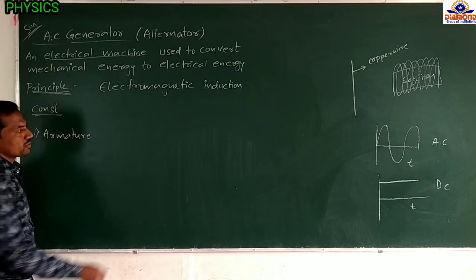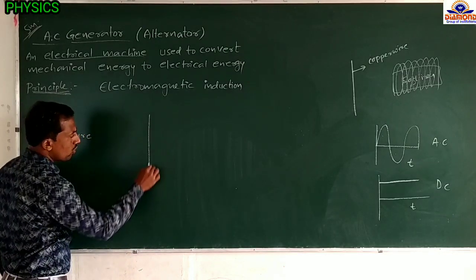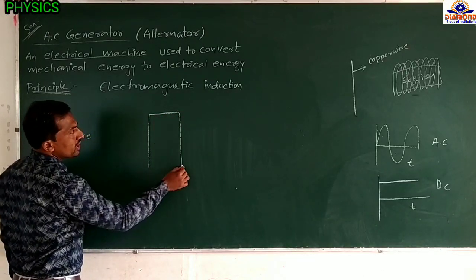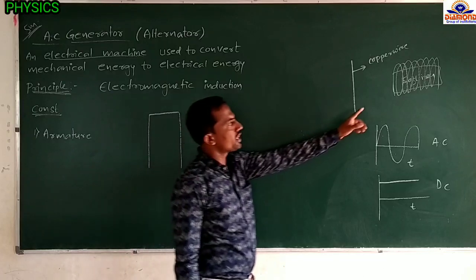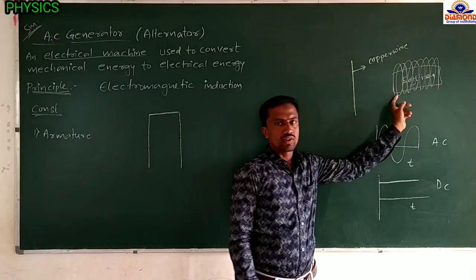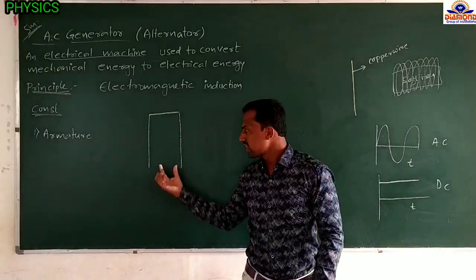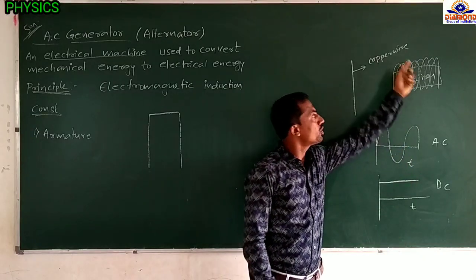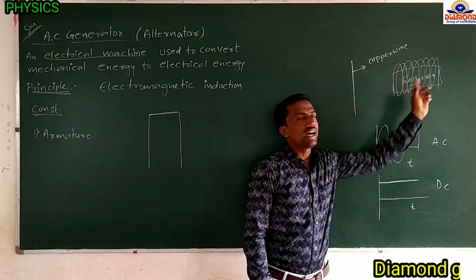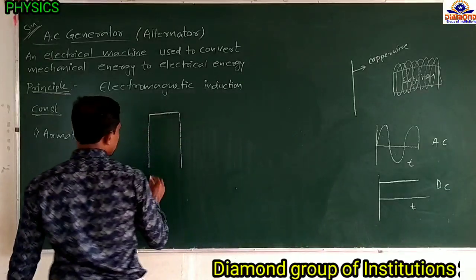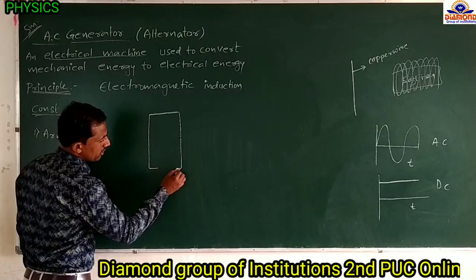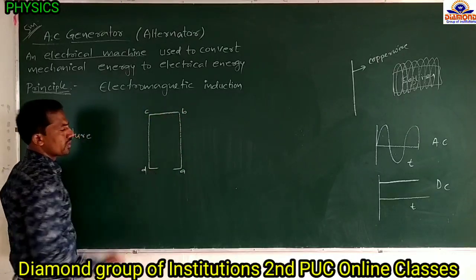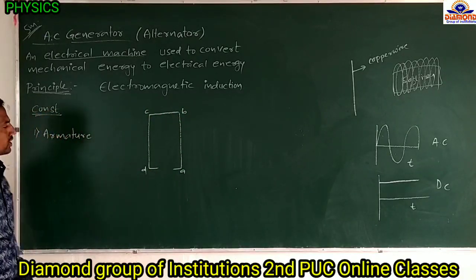What is an armature? An armature is a coil which is made up of a large number of turns. This coil is made up of a large number of turns wound on a soft iron core. The armature is a coil, which we denote as A, B, C, D. First point. Second one,